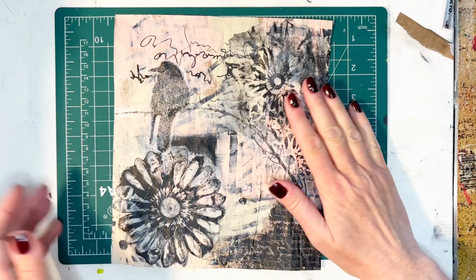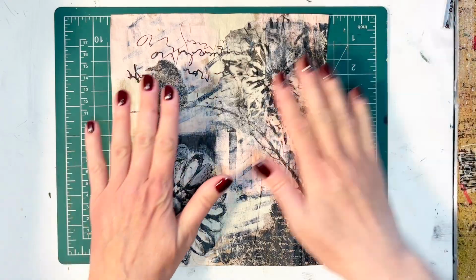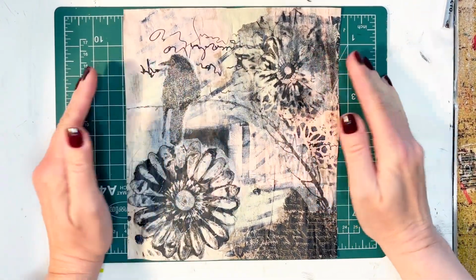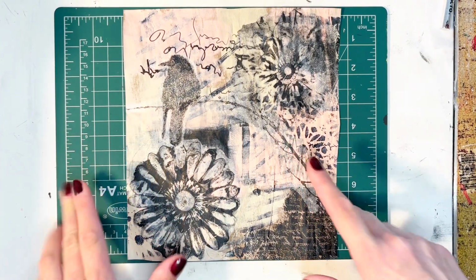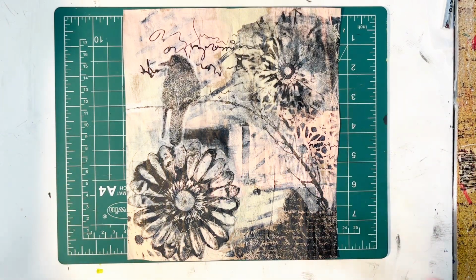Okay, so this is what we ended up with after everything dried, and I just went ahead and trimmed off these pieces around the outside. So what do we have here? Do I love it? No. Do I like components of it? Yes. So this is where you can use some creative framing or matting to try to pull different pieces of